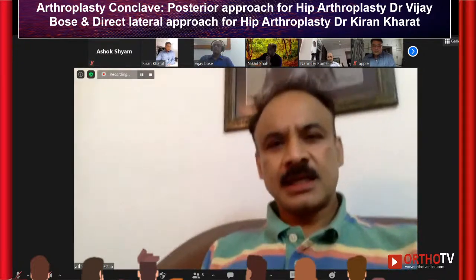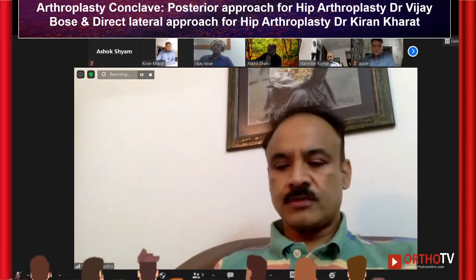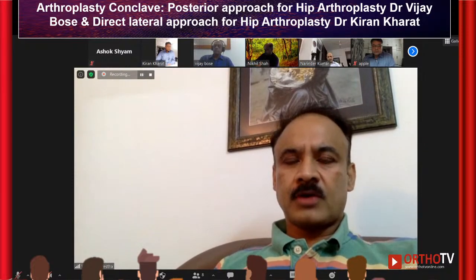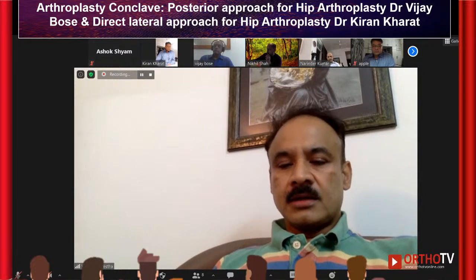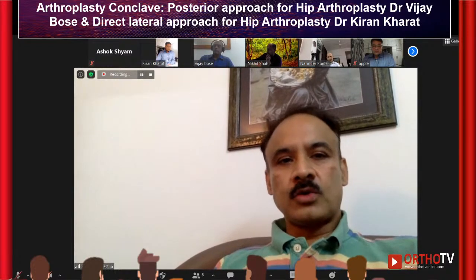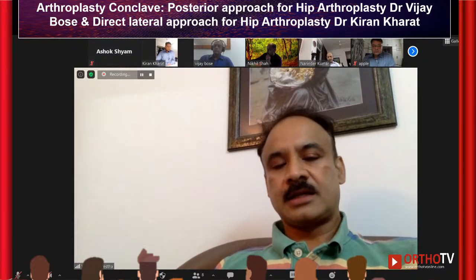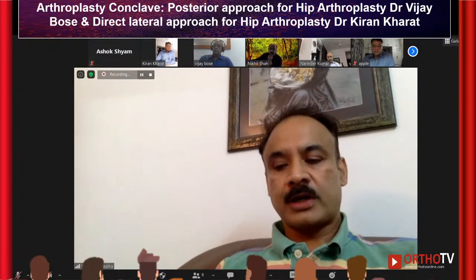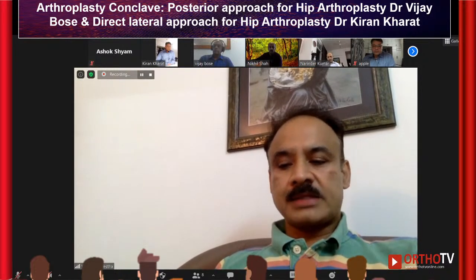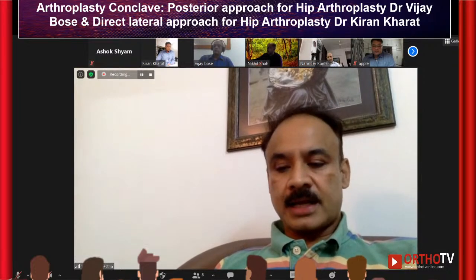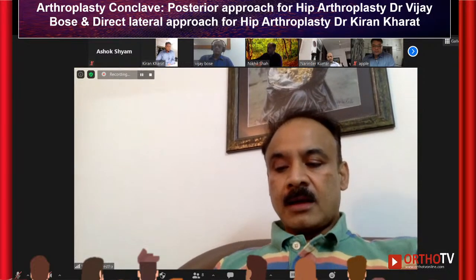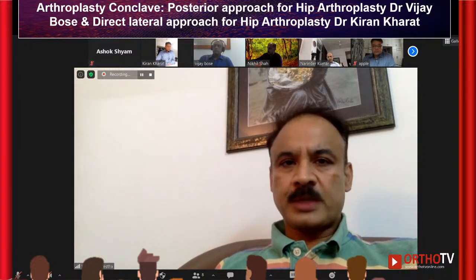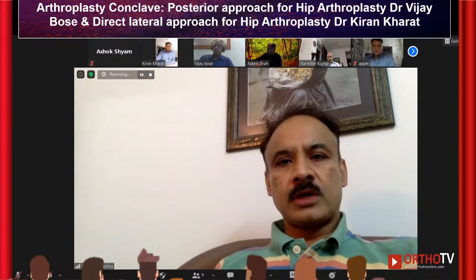Regarding the exposure, essentially we use the same as Vijay pointed out, a standard posterior approach, keeping the gluteus released depending on the patient and how much you need it. Releasing it helps to facilitate moving the femur out of your view, and even protects the nerve at times, because palsy rates are more if that band is tight, as pointed out by Dr. Ranawat. Regarding the all-around 360 exposure, we use pins frequently at 12 o'clock, and then we do an episiotomy around the